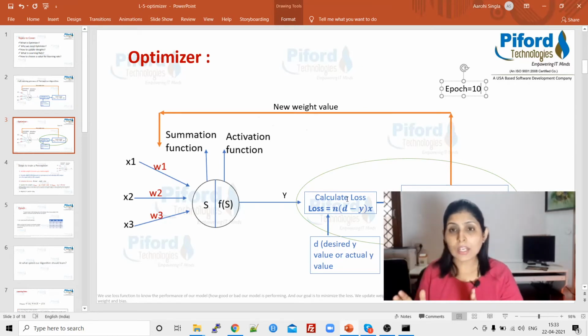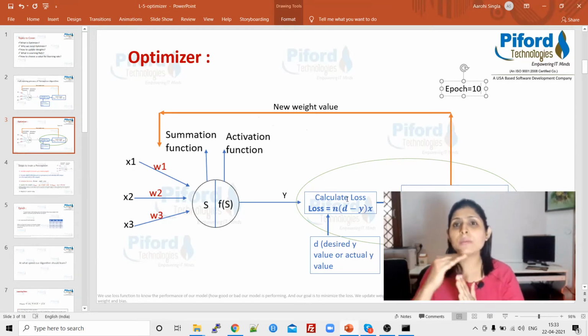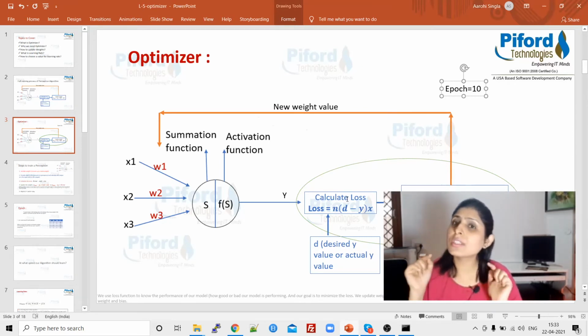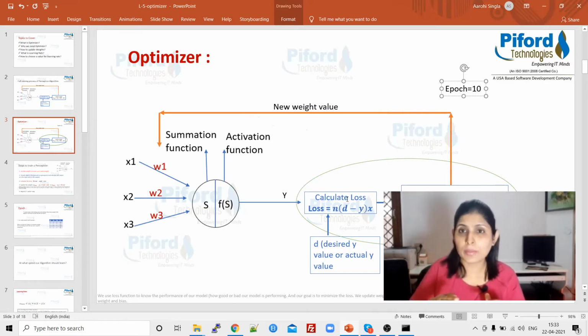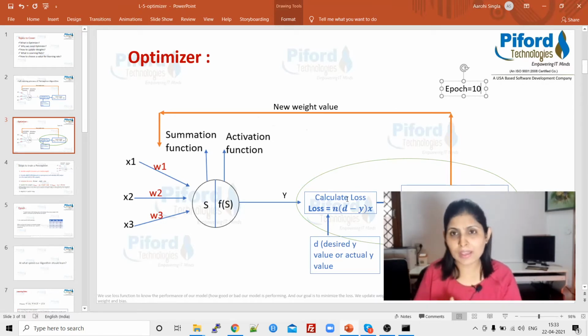So 10 epochs means we are training our algorithm again and again on the same data, and we are tuning our model parameters. What model parameters do we have over here? Weights and biases. I haven't used bias yet, so we are only talking about weights. Bias I'll tell you in detail later in my next classes. Okay, so we are tuning our model parameters.